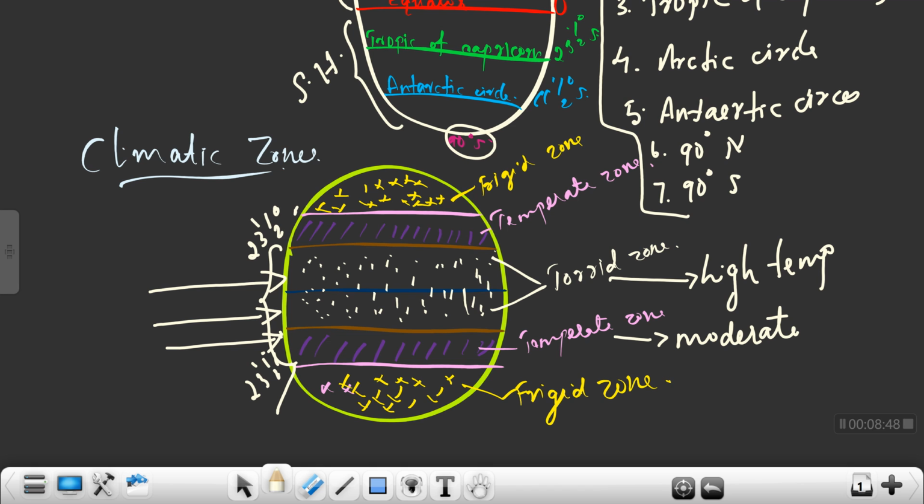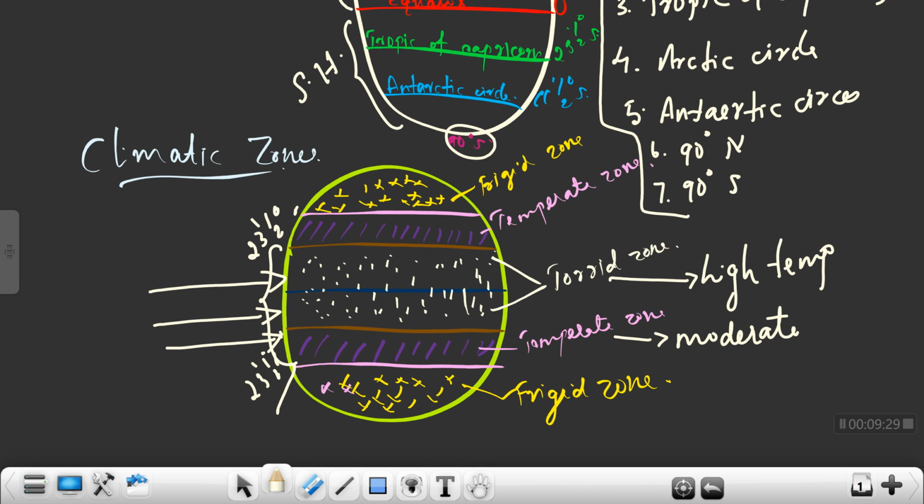The torrid zone lies between the Tropic of Cancer and Tropic of Capricorn. This area is the hottest. The second one is the temperate zone, located between the Tropic of Cancer and Arctic Circle, and Tropic of Capricorn and Antarctic Circle. It has a moderate type of climate. The third is between the Arctic Circle and North Pole and between the Antarctic Circle and South Pole. That is known as the frigid zone. It is a very cold region because of the very slanting sun rays, and the temperature recorded in this area is very low. These are the important climate zones.